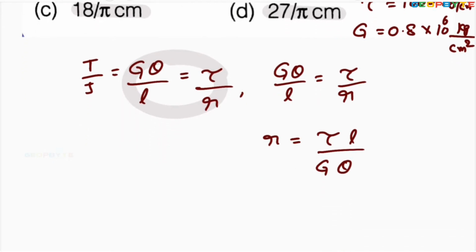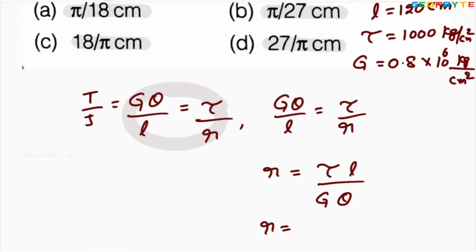Now look at the radius of the shaft. Shear stress. What is the shear stress? Shear stress is given as 1000 kg per cm square. So 1000, multiplied by L. Length is given. Length of the shaft is 120 centimeters, 120 centimeters divided by